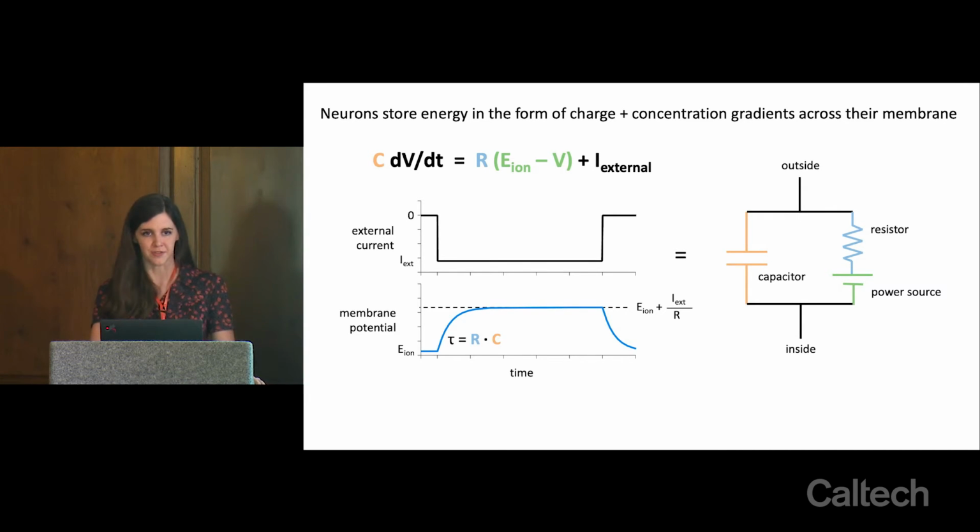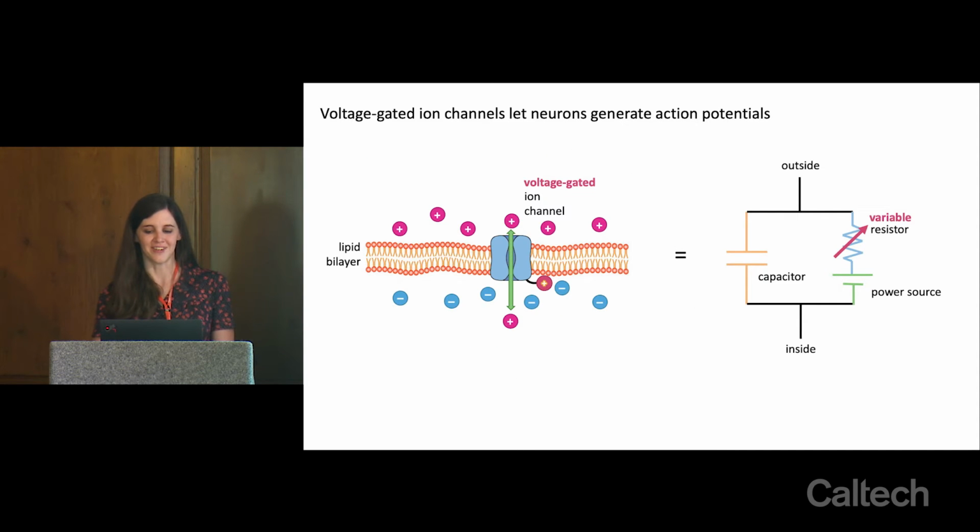They're going to receive a step input, and they're going to show some time-evolving response to that input as they approach a new value of their membrane potential. The other thing that makes neurons interesting, and makes them not just passively responding to these injected currents, is that they spike, they generate action potentials.